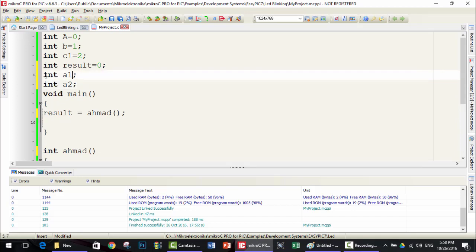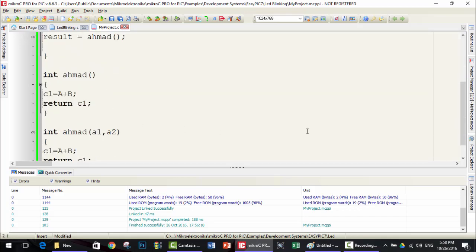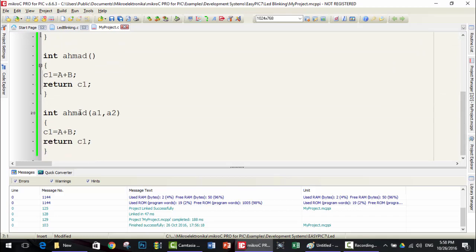Let's say that this will equal 0 and this will equal 2 for the sake of this example. Now this sum, let's name it sum, will take two integers, a1 and a2, and will sum them and return the result in C1. Then it will return C1